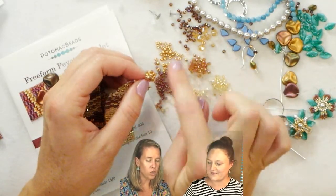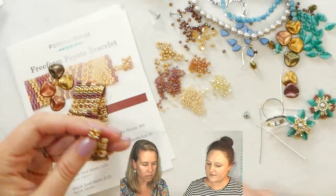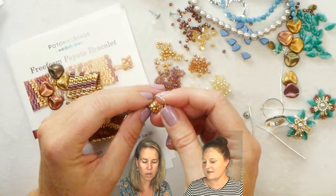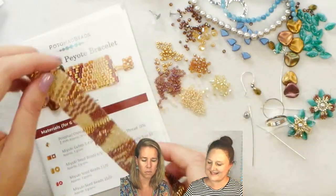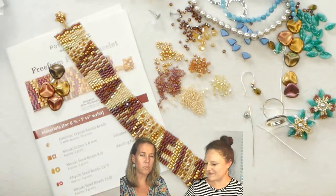Because you also can do the same thing as the clasp. Once again, where's my simple little earring? It got missed. You can do the clasp and then same deal, put an earring on here and look, it becomes then a little drop on top of the earring. Just make it a little bead. So easy. All right. So that's a Freeform, and actually now I feel like this is backtracking a little bit,